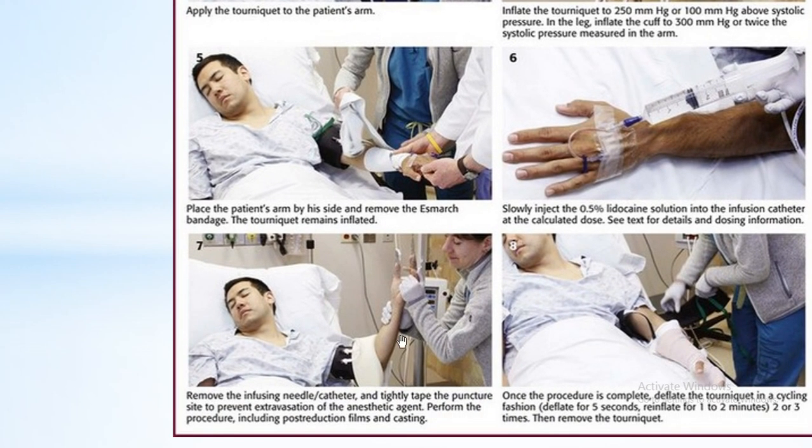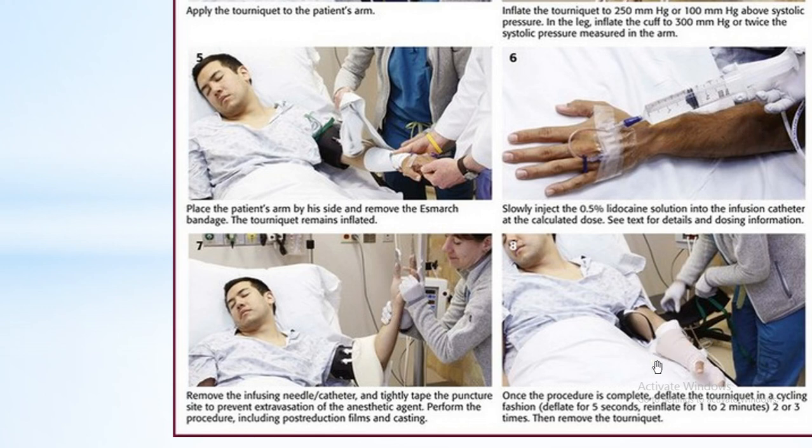After this injection, you can simply close this particular puncture you have made. Otherwise, the local anesthetic which you have placed inside the vein will start coming out. So you should cover it appropriately and then the procedures are supposed to be carried out in this region. Whatever anesthetic you have injected in your vein will diffuse out into the tissues in the surrounding region and this hand will get anesthetized. So you can carry out the procedures.